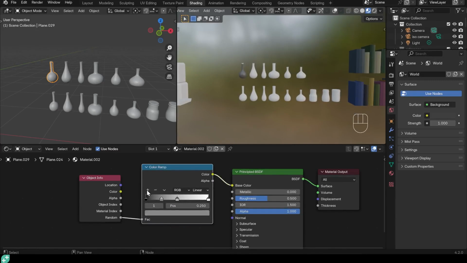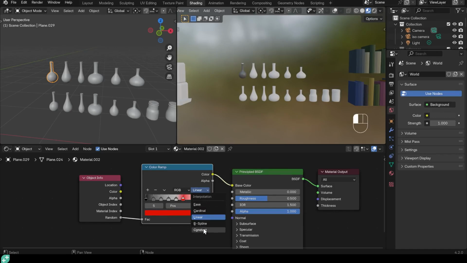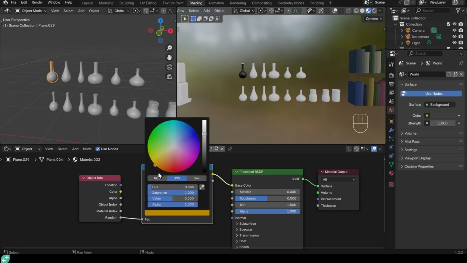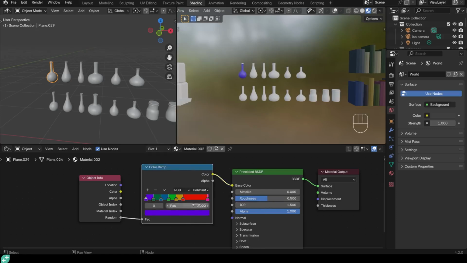And then we need to add a few colors in here. You can add more or less. You could have more distance if you want most of your potions to be, let's say, red. You can have this area, I think, as red. And then obviously change this to constant. And then we're going to have lots of red bottles and less of the other ones. So I'll change these to different colors. These can possibly be a bit brighter. We'll see how we go. Okay, so we've got lots of different colors there.